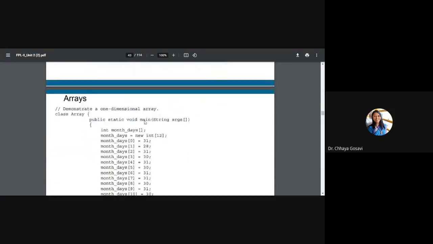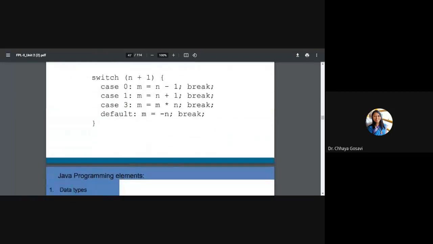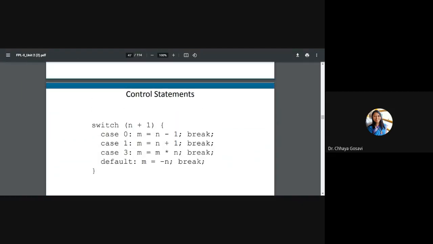So we have seen what arrays and control statements are. This is a switch case. Switch is a keyword. Then you have to pass some value. This can be an integer or character constant. And if this value matches any of these cases, that particular case will execute. What is the significance of the break statement?